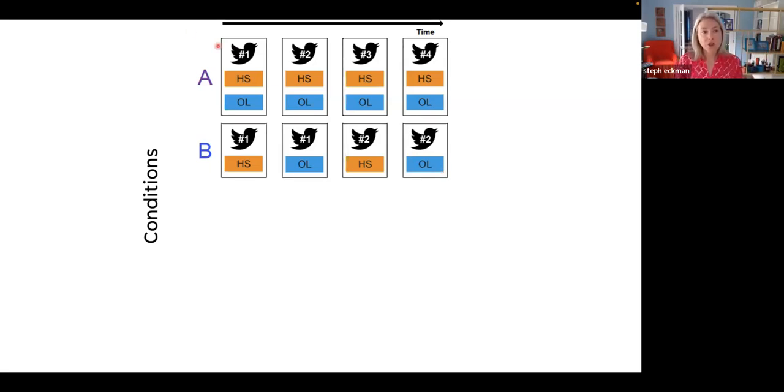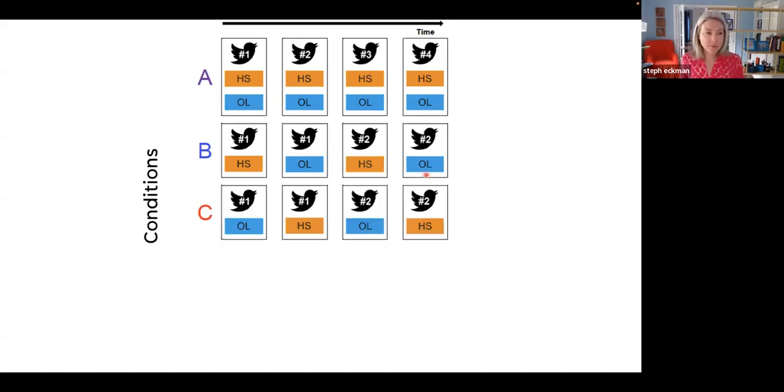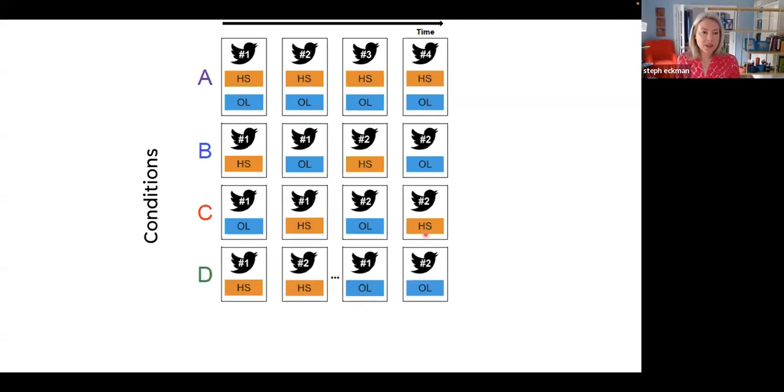You can see that these 2, condition A and condition B, and all through E as well, they're going to give us the same amount of information. We're just changing sort of how the task is structured or organized, right? So again, here we would see 50 tweets over 100 screens and collect this hate speech, offensive language information. Condition C is just like condition B, but we flipped the order of offensive language and hate speech. So we first do offensive language for tweet 1, then hate speech for tweet 1, then offensive language for tweet 2, and so on. And then condition D is a little bit different.